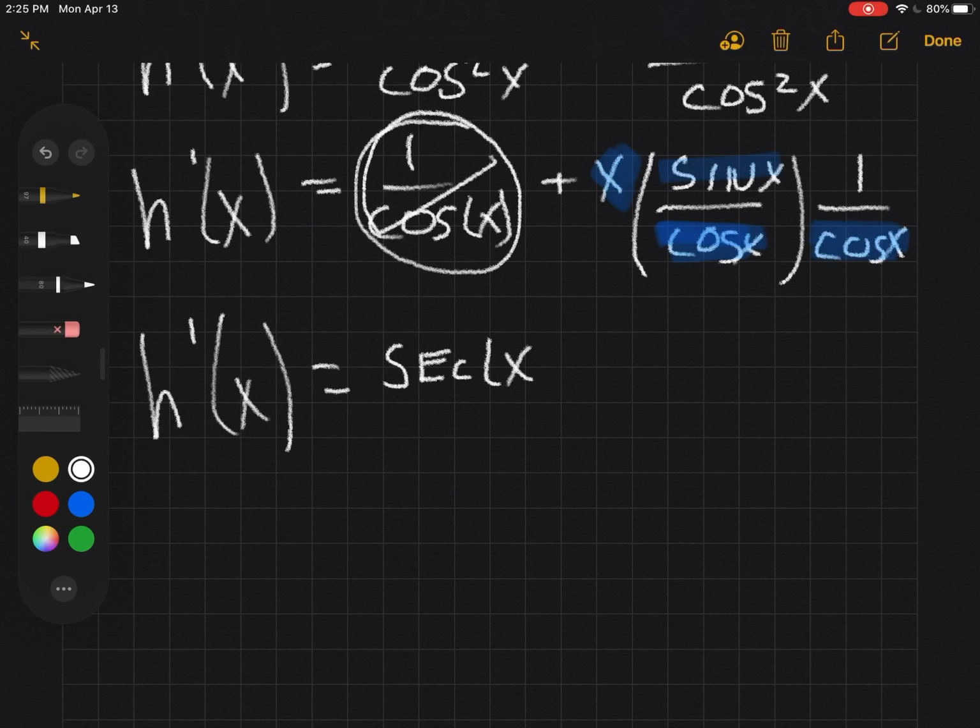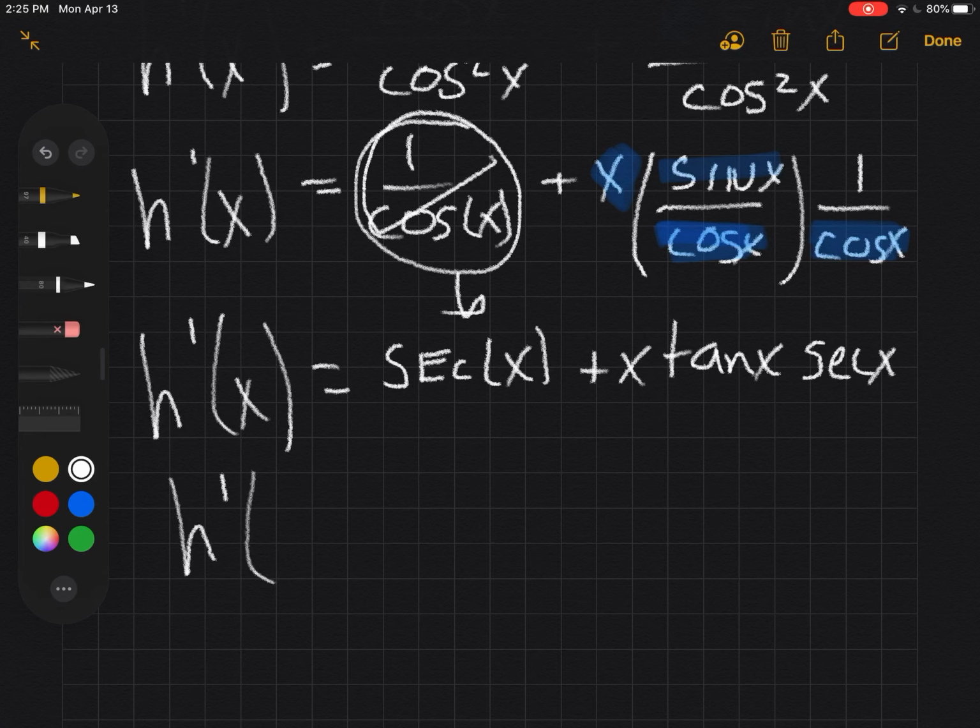Wait, I had a moment of doubt. Let me check it. Secant x. Yep, that's 1 over cosine x. My moment of doubt. So then we have 1 over cosine x is equal to secant of x